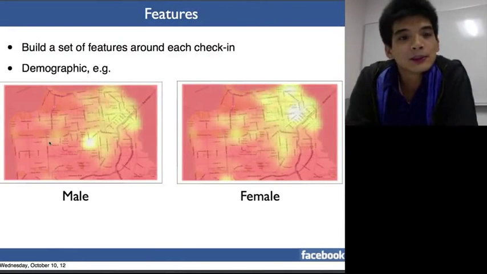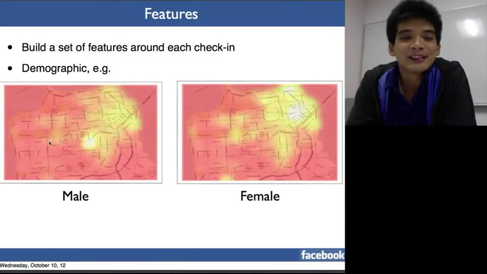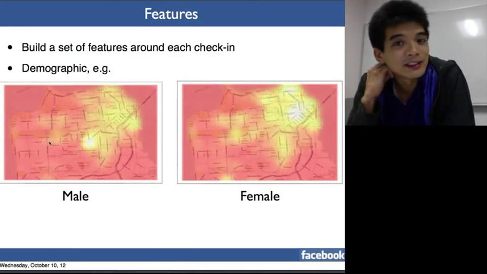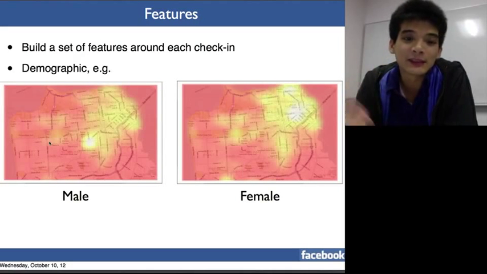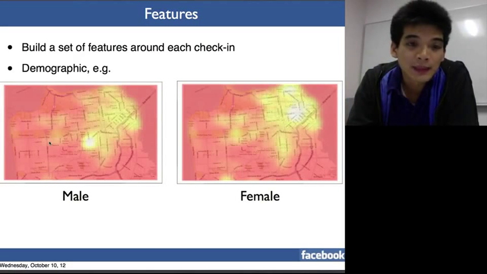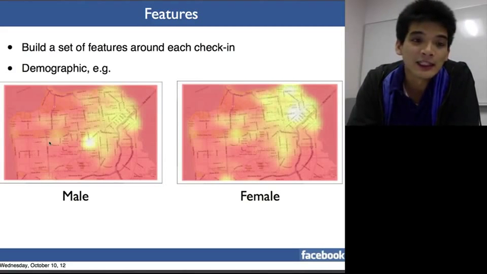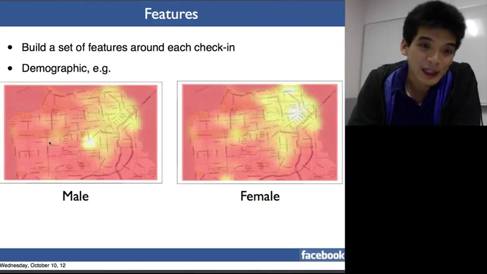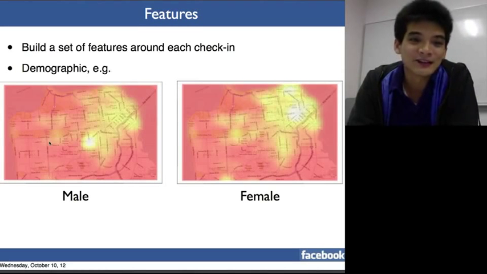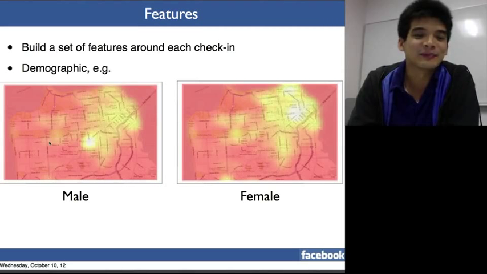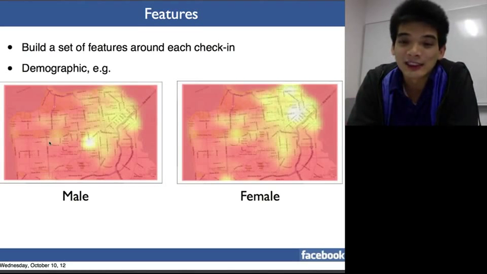So just to show some more pretty pictures, some of the other features we used around predicting check-ins was first demographics. Here in this heat map, lighter areas mean more check-in activity. If you're familiar with San Francisco, this is a map of the various neighborhoods, and we see that males typically check into the Castro district, which is a very gay-heavy area of San Francisco, whereas the females tend to check in